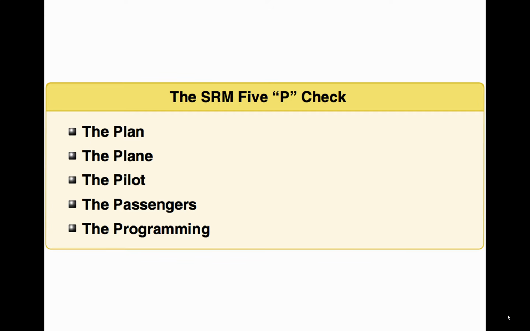SRM sounds good on paper, but it requires a way for pilots to understand and use it in their daily flights. One practical application is called the 5 Ps. The 5 Ps consist of the plan, the plane, the pilot, the passengers, and the programming. Each of these areas consists of a set of challenges and opportunities that face a single pilot, and each can substantially increase or decrease the risk of successfully completing the flight based on the pilot's ability to make informed and